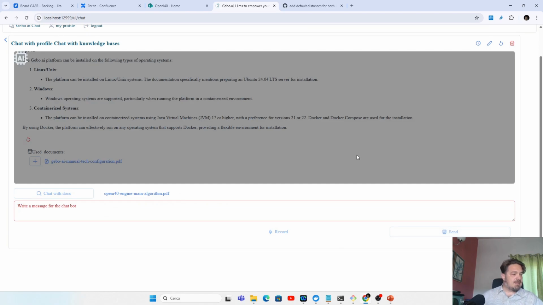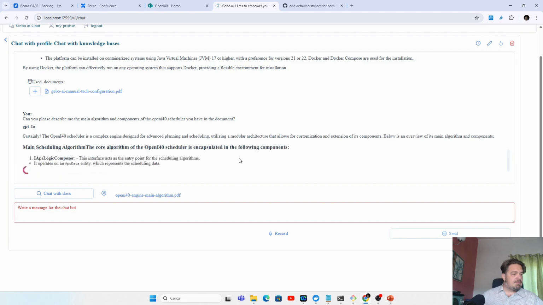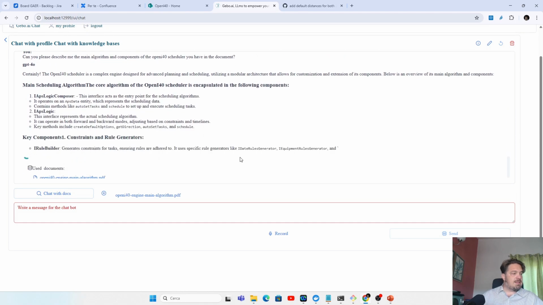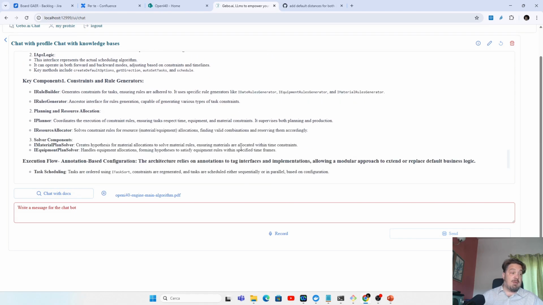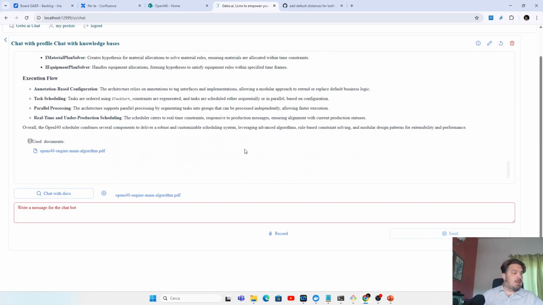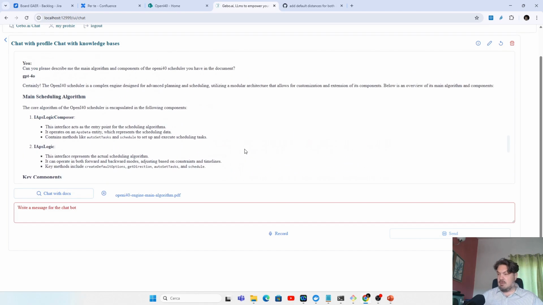And the software starts speaking about how the components inside the documentation, of course, are explained to flow in the main algorithm.